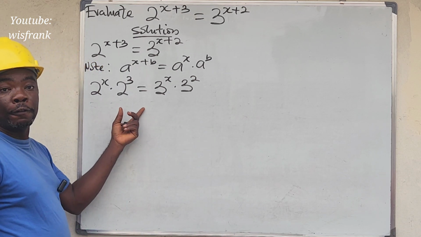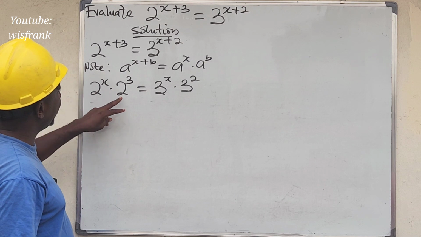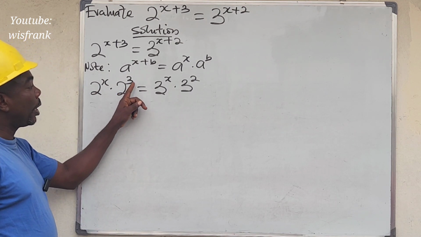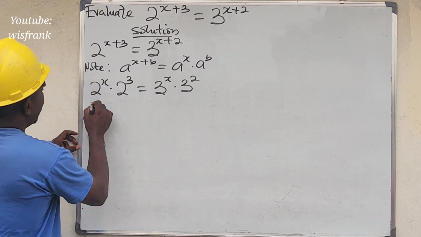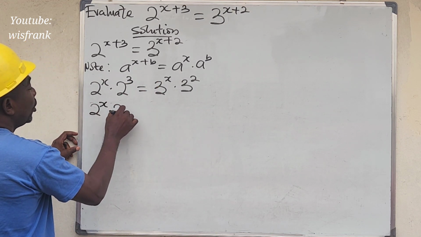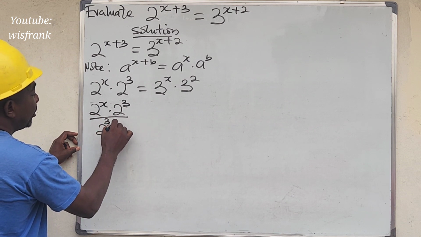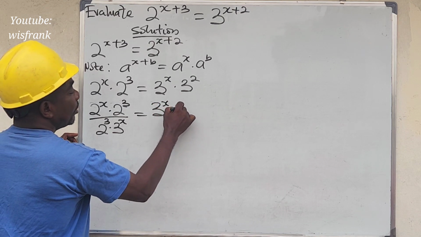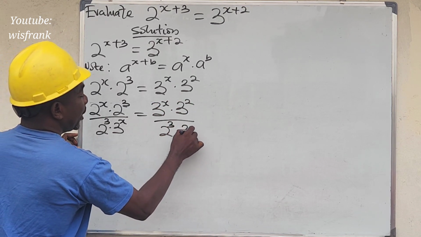For us to further simplify this, for us to have the value of x, what we need to do is divide both sides by 2 to the power of 3 times 3 to the power of x. So this will become 2 to the power of x times 2 to the power of 3 all over 2 to the power of 3 times 3 to the power of x equals 3 to the power of x times 3 to the power of 2 all over 2 to the power of 3 times 3 to the power